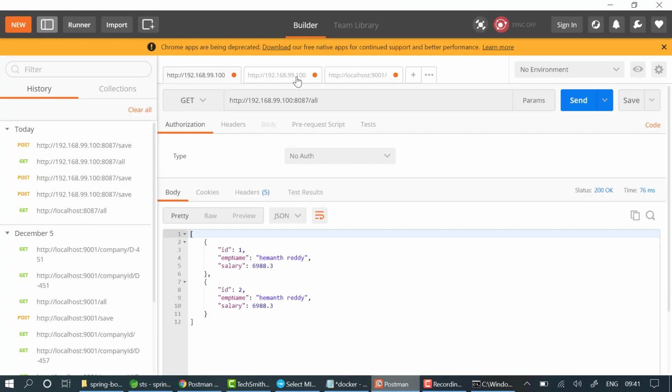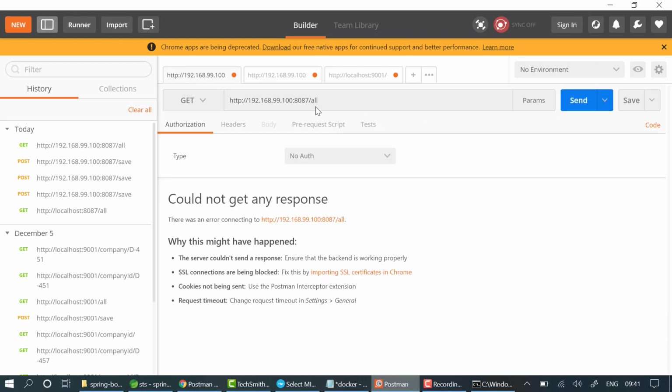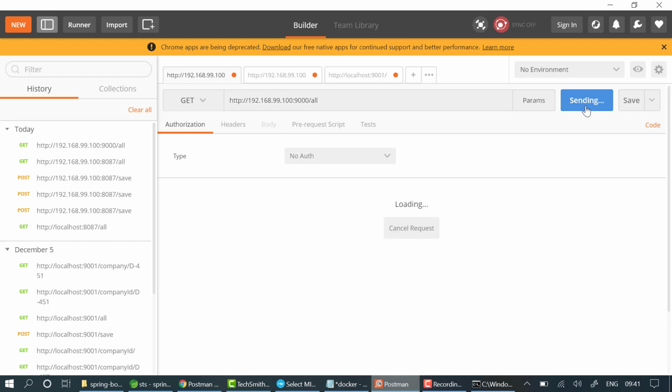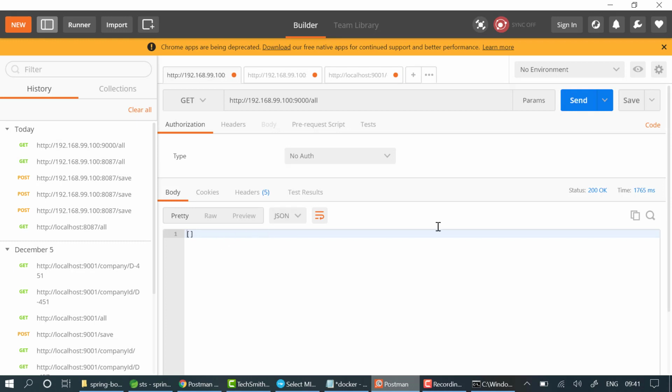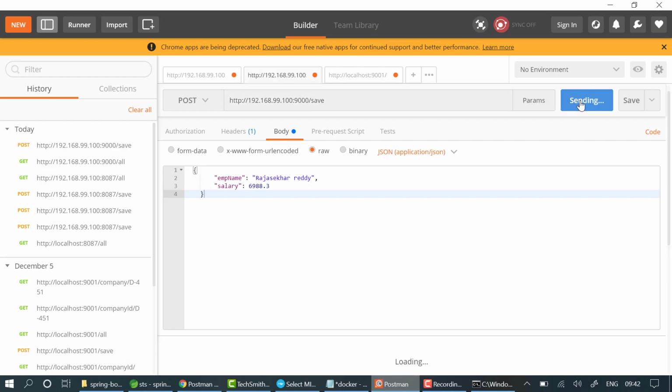I guess there are no employees available. I will do a get all here. Oh, we need to give the port number 9000, not 8087. 9000. Click on send. You can see that there are no records available and the status is 200. What I will do is save a new employee here, one new employee, 9000. Click on send. You can see that the status is 200 and the employee got inserted